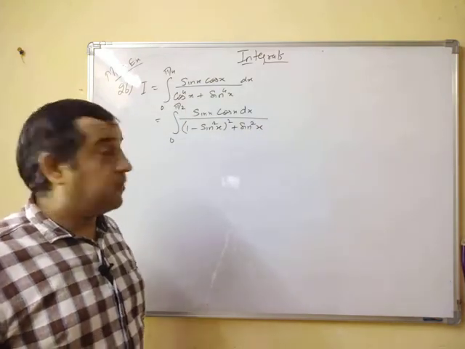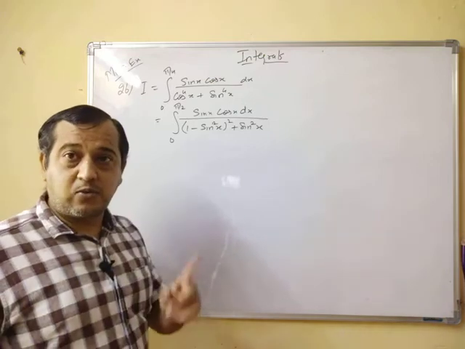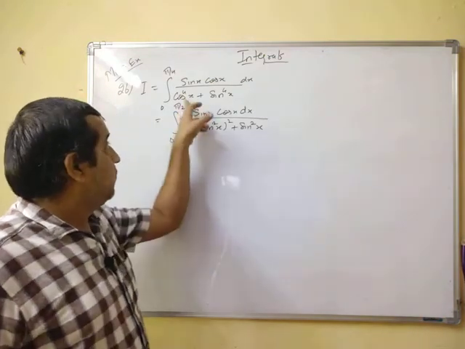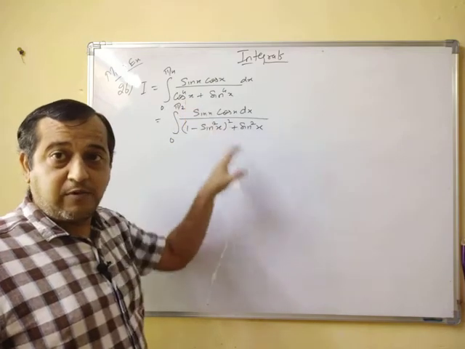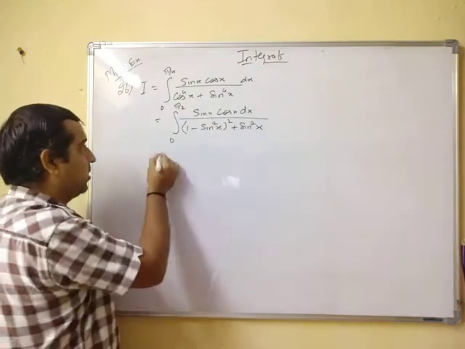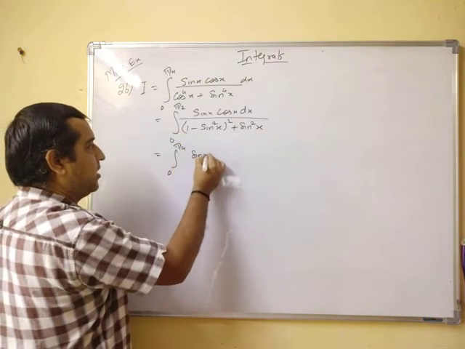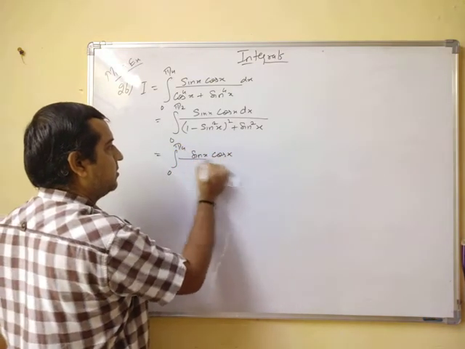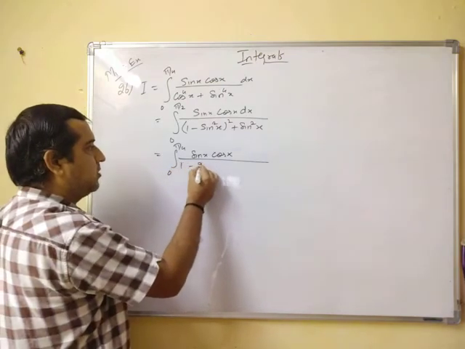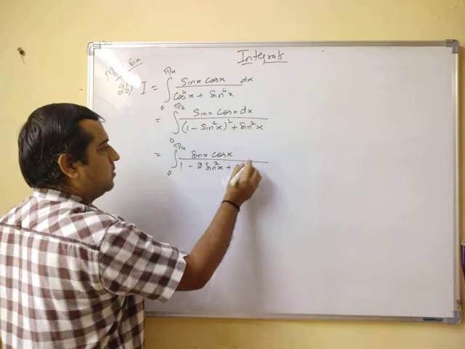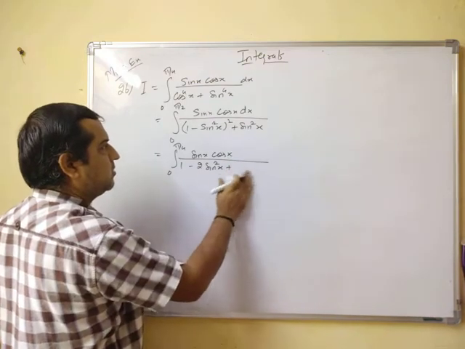Instead of cos raised to 4x, we can write this as cos square into cos square, and one of the cos square which is inside will become 1 minus sin square x. This gives you integral from 0 to pi by 4, sin x cos x upon 1 minus 2 sin square x plus sin raised to 4x,